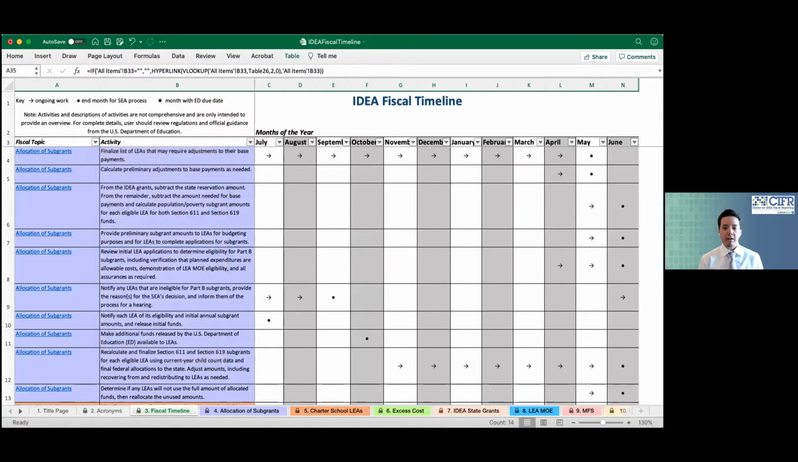And then I'll just draw your attention to the right of the tool and along the top here, you have the months of the fiscal year, as Nancy mentioned. And then you can see that for each fiscal activity, there's a little symbol populated in one or more months of the year here. So in the upper left-hand corner, you have a key that shows you what each of